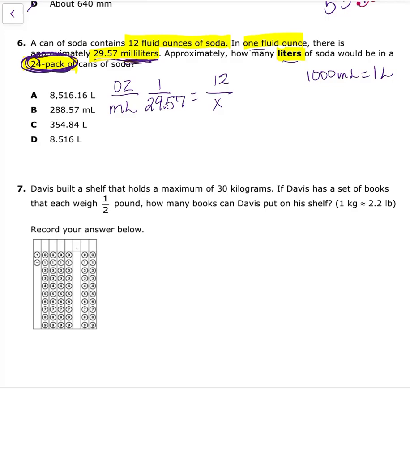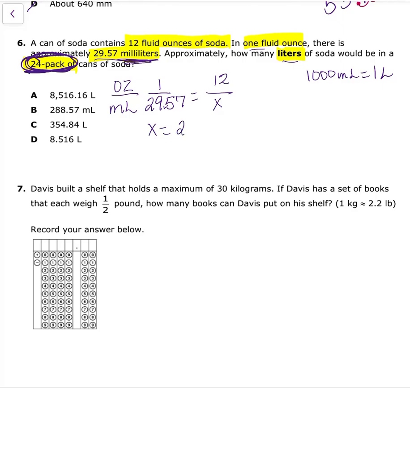I wonder if I should go ahead and multiply 24 times 12. Because really, that's how many fluid ounces I have. But I could just multiply by 24 at the end, after, because this will give me the number of milliliters. I think I'm going to do that. So I'm going to figure out how many milliliters in 1 can, and then I'm going to multiply by 24 to figure out how many milliliters will be in 24 cans. Yeah, that's what I'm going to do. Okay, so